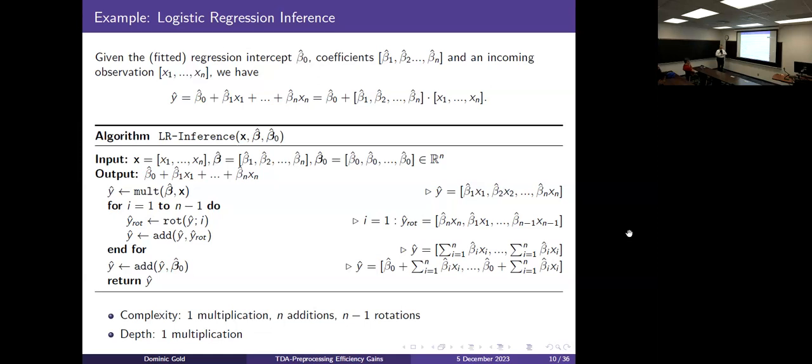And now this is a very naive way. Of course, there are a lot of ways to improve this. The main one, of course, being doing it as a binary tree makes it logarithmic instead of linear. But as written, this has a complexity of 1 multiplication, n additions, and n-1 rotations, and its depth is 1 multiplication. Now, I'm sure that some people in the audience know what these words are. Especially, I imagine most people know what complexity is. That's a very computer sciencey term. But depth is not one that I encountered before working in this field. So I'm going to briefly explain how to think of those terms.